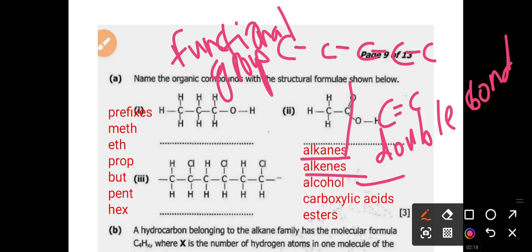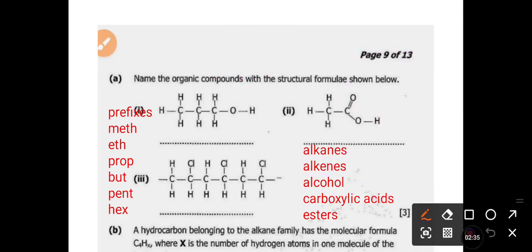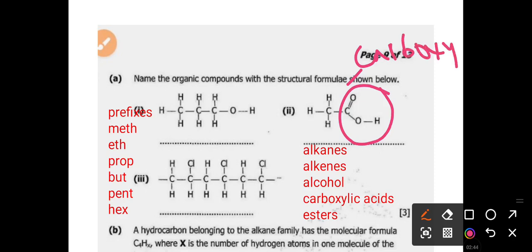For alcohols, their functional group is the hydroxyl group, OH. So any organic compound that is attached to this OH here is an alcohol. Then for carboxylic acids, their functional group is this part here, the one that I have circled. It's called a carboxyl functional group. So any organic compound with this functional group that I have circled is likely to be